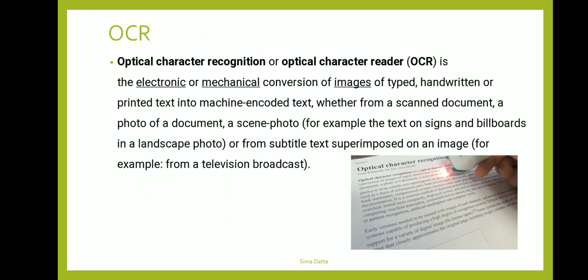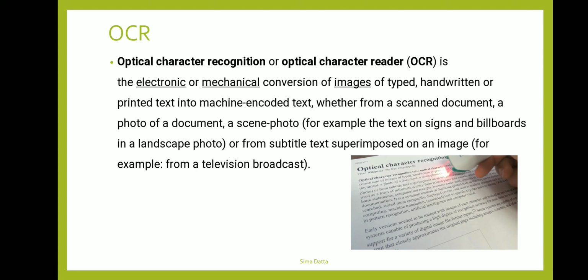Next one is OCR. The full form of OCR is optical character recognition or optical character reader. It is basically an electronic or mechanical conversion of images of typed, handwritten or printed text into machine encoded text, whether from a scanned document, a photo of a document, a scene photo, or from subtitle text superimposed on an image.